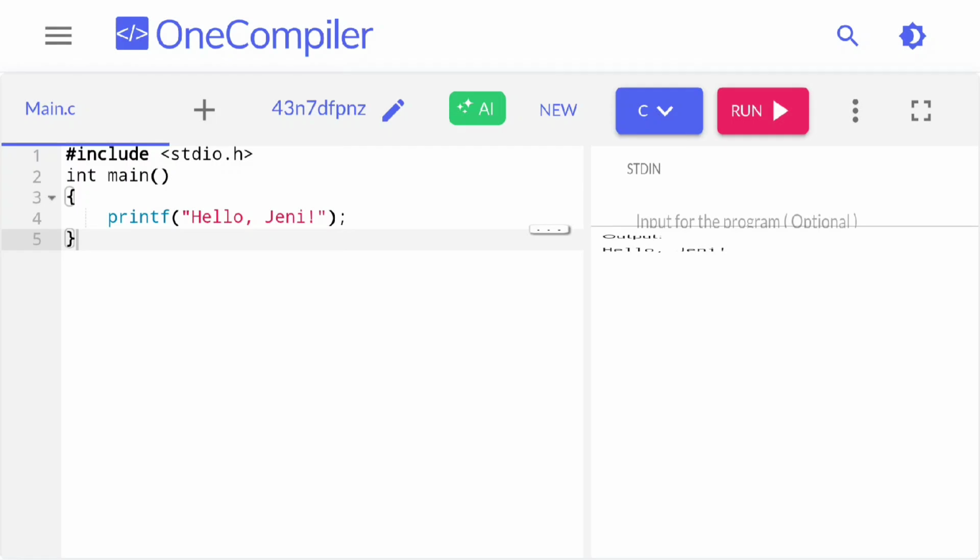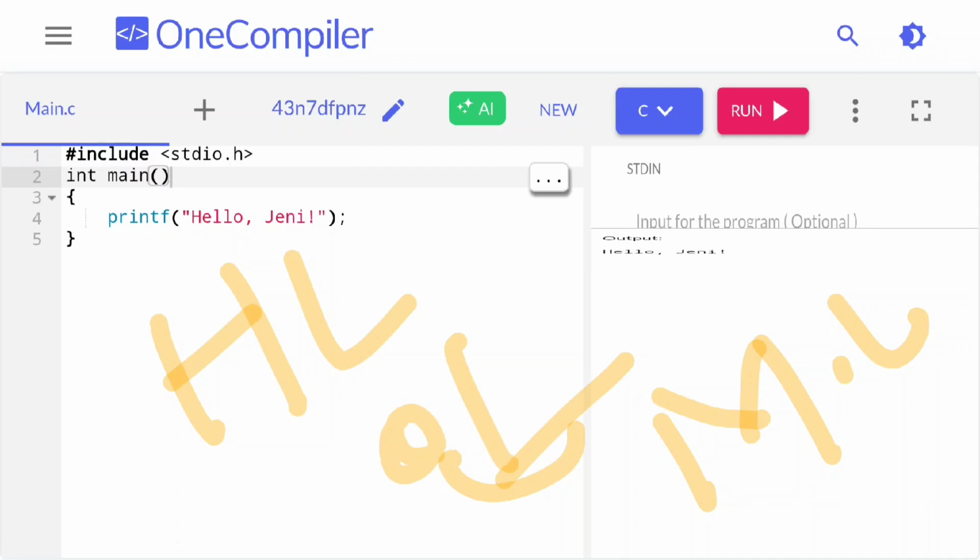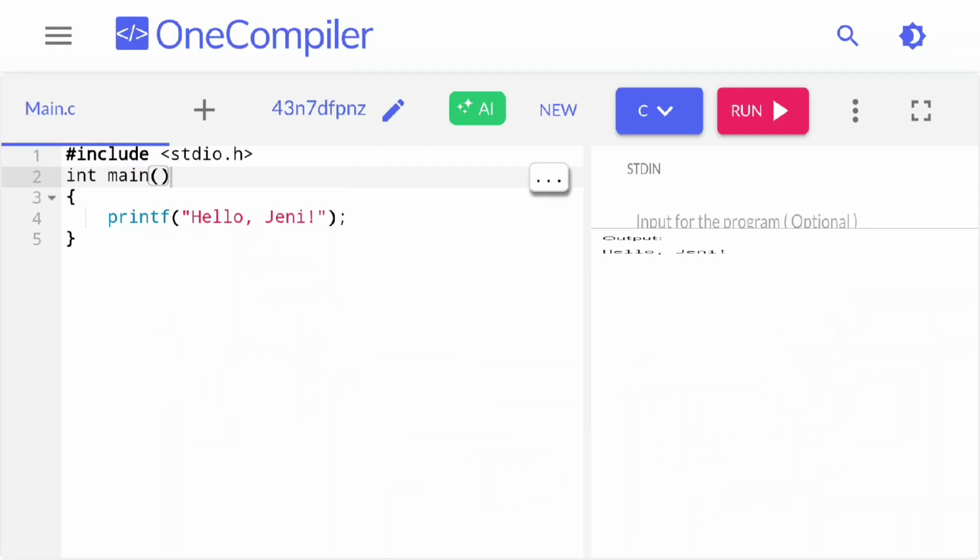So my compiler has run and I got this output, hello Jenny. This is the simple code, and you can get the machine language from it. This is my high level language, and here you can see the machine level language. I get that output. Simply, I can say this is my input,